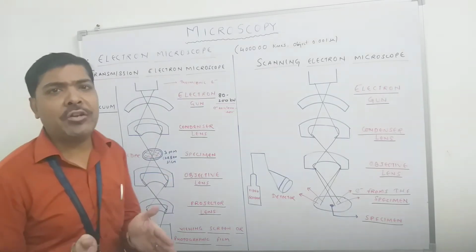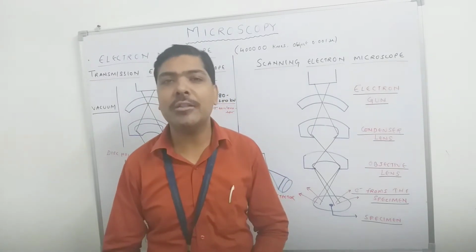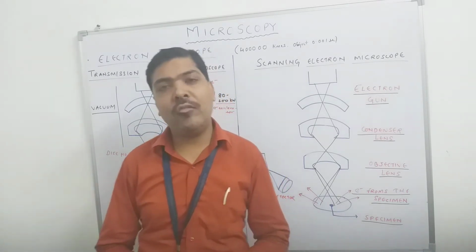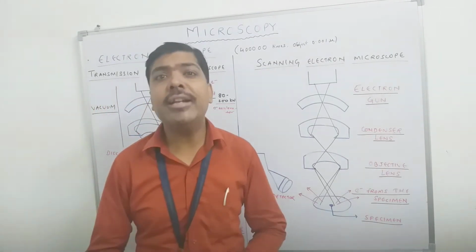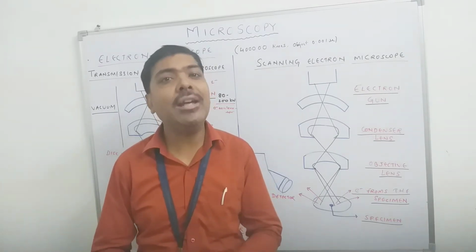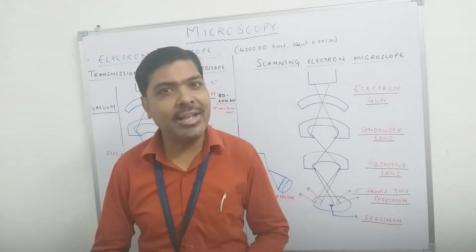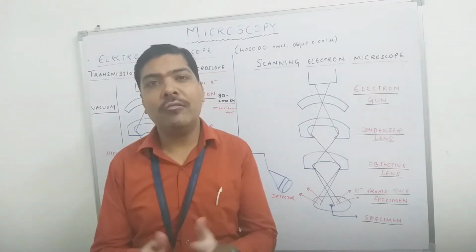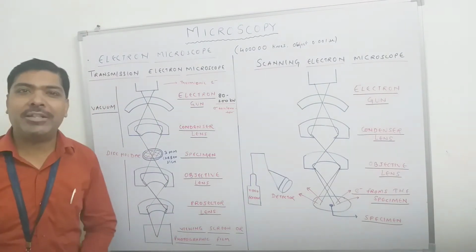So this is basically a special arrangement for placing the sample that has to be magnified using transmission electron microscopy. But again, if we want to study the internal structure of anything, then definitely the sample that we put for magnification should be extremely thin. It should not be very thick or have a very broad structure, because in that case the transmission of electrons will not happen. So we have to prepare the sample before putting it into the specimen place.